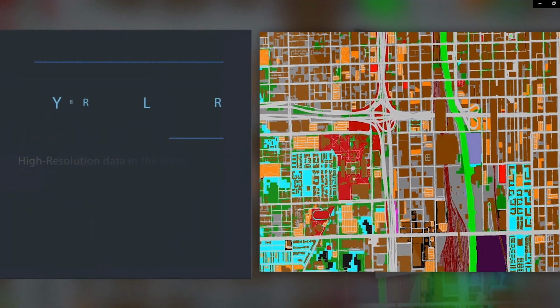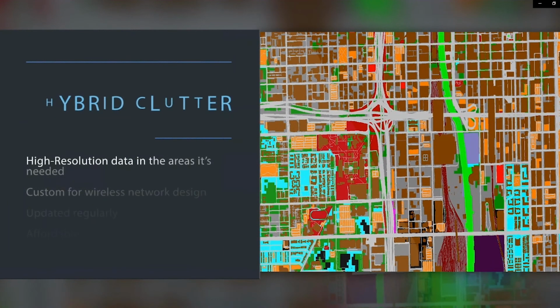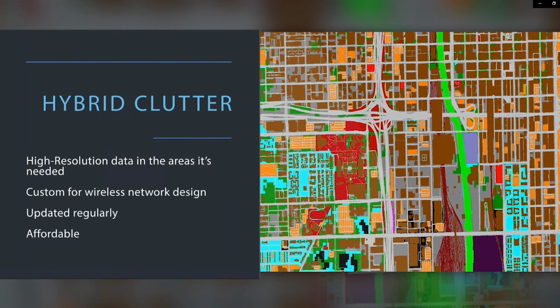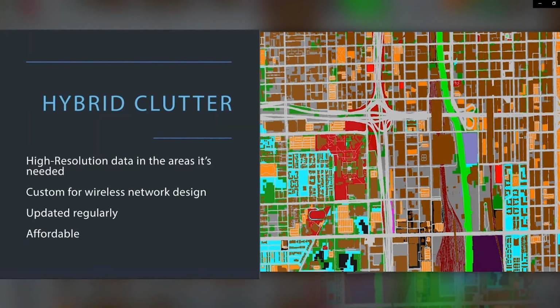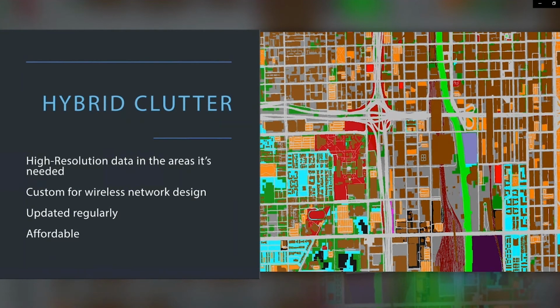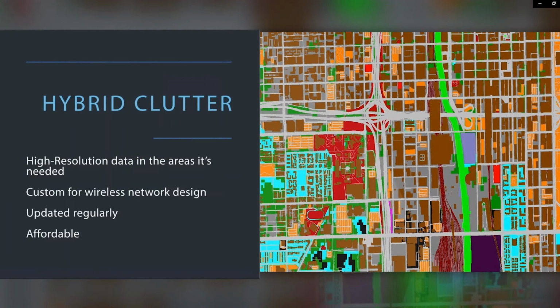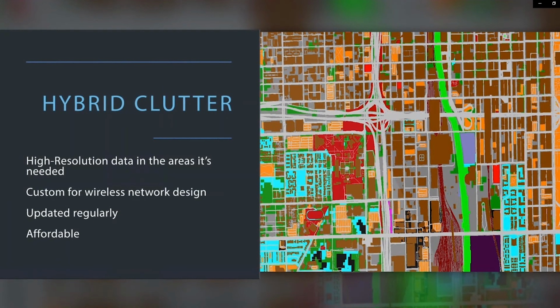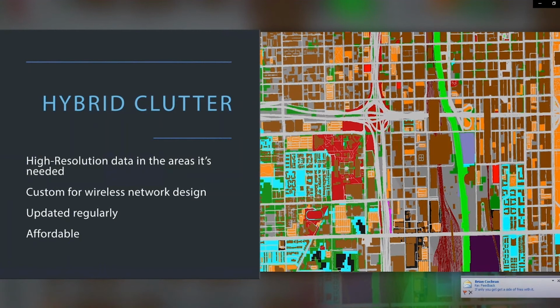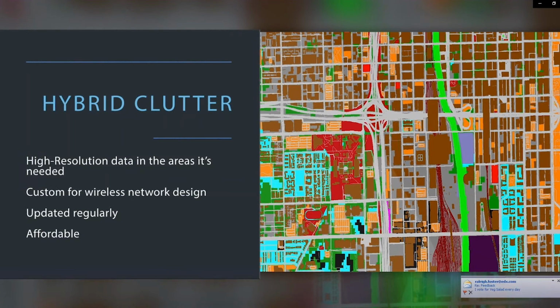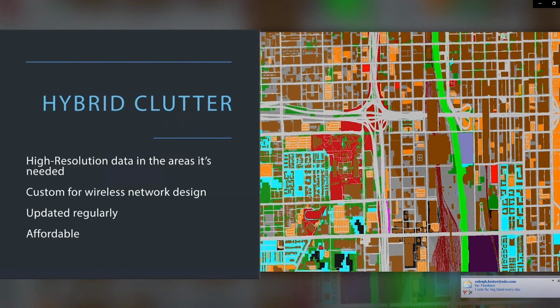So with that, I'm going to dig a little bit into the accuracy and resolution of the data in Cirrus. So the clutter data available in Cirrus is 1 meter to 30 meter hybrid data. It is made up of various sources to provide the most accurate and highest resolution data in the areas where it's most needed. What this means is you are going to see 1 meter resolution data in the dense urban types of areas and 30 meter resolution out in the rural areas where high resolution data is not critical. One of the ideas of the hybrid data is providing very high resolution data only where it is needed, which means it comes at a much more affordable price point.